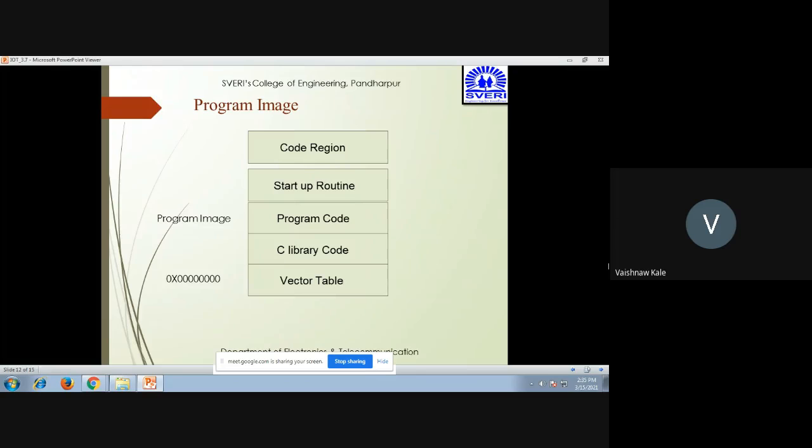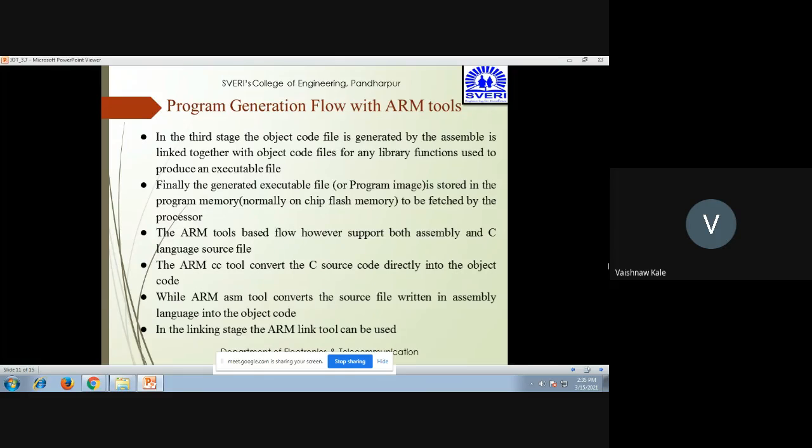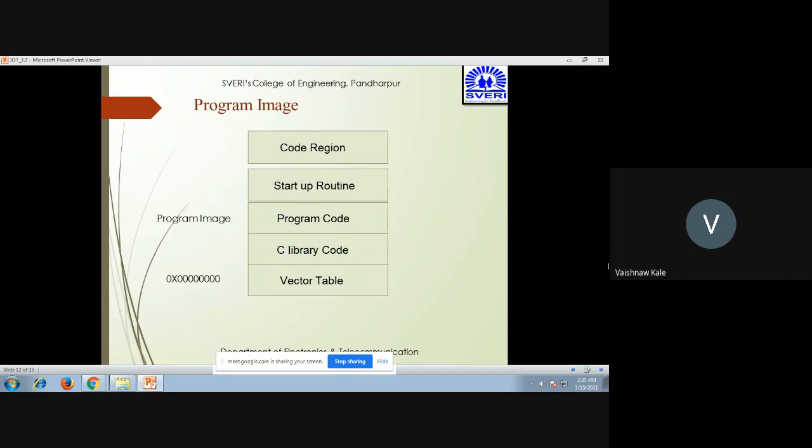Now, exactly what happens in program image, how the program image looks like. Now, what is program image? You can see here, what is the program image? It is the executable file. So जो आप डाउनलोड करते हो ऑन चिप फ्लैश मेमोरी के ऊपर, जो डॉट एग्जीक्यूटेबल फाइल है जिसको हम प्रोग्राम इमेज बोलते हैं, उसमें क्या है तो ये दिखाई देता है.